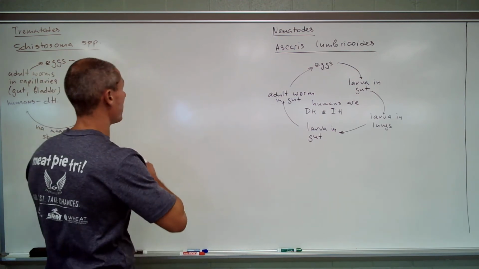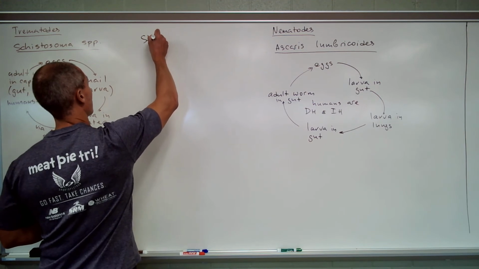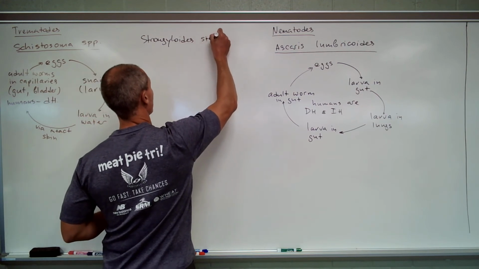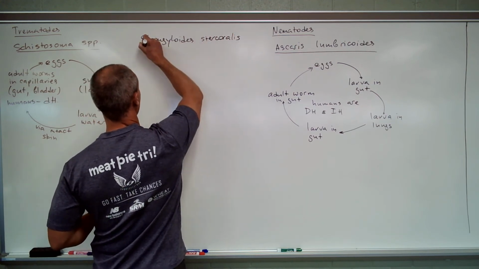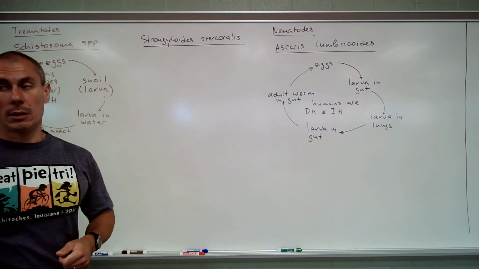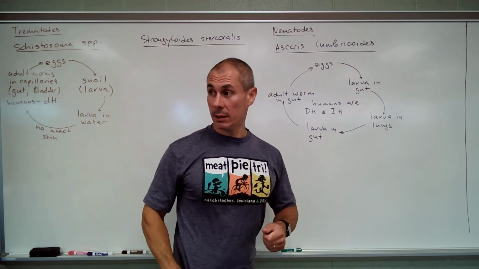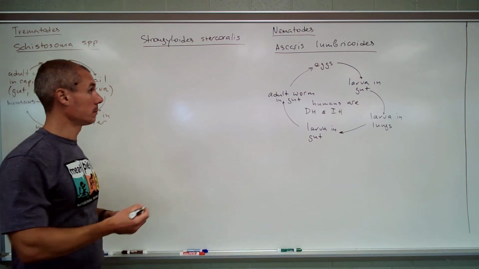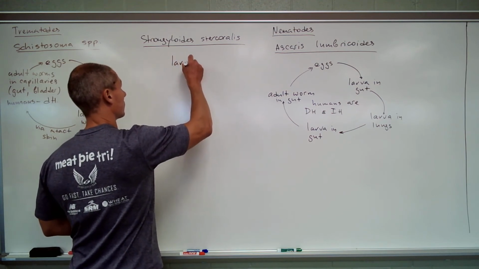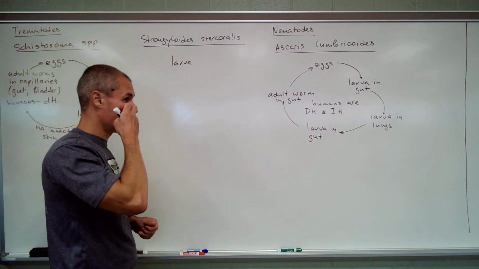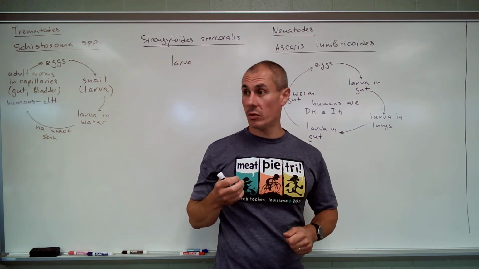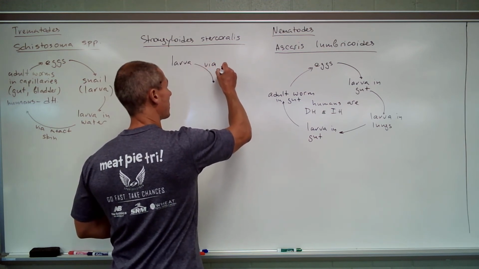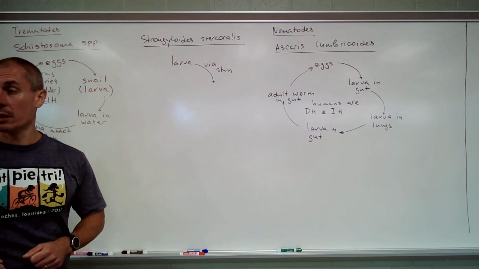Last nematode that we're going to mention is Strongyloides stercoralis. So it has a bit of a complicated life cycle. So what we've got, human infection starts not with an egg, with a larva. So larva that resides in the soil can penetrate intact skin and get under the skin.